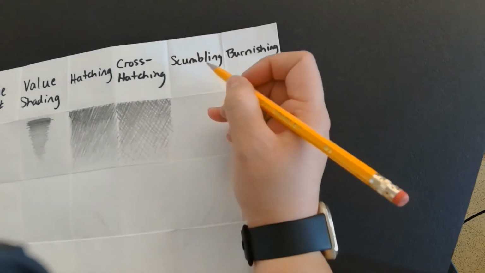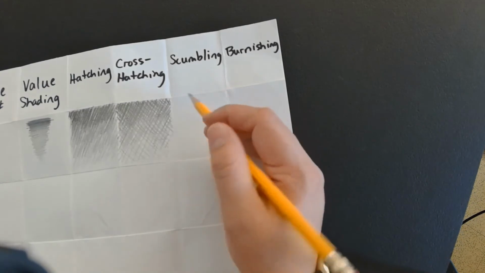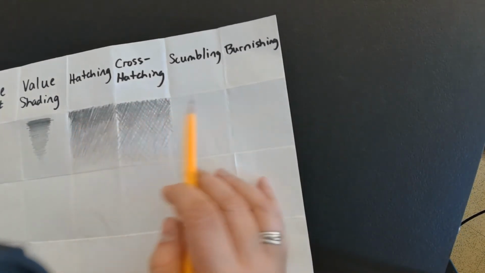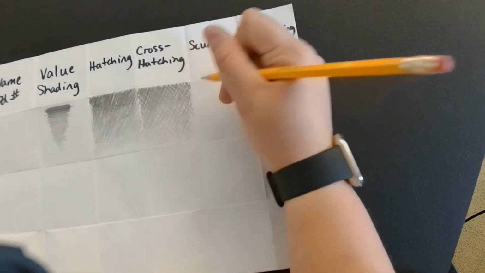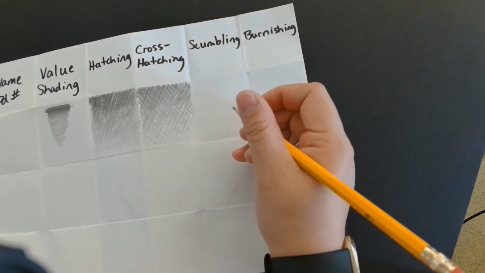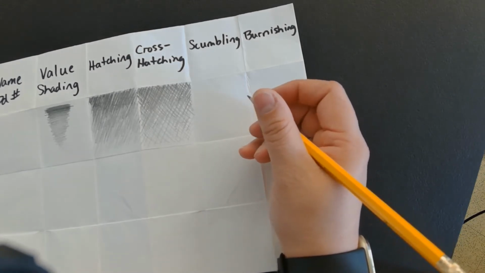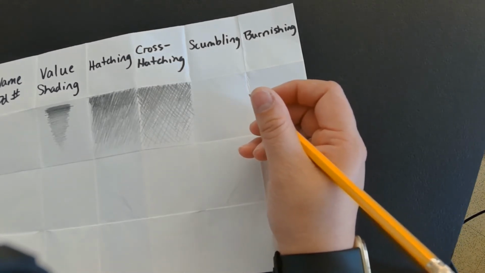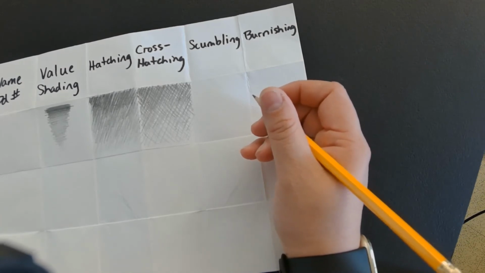Okay. Scrambling. Scrambling is like a fancy word for scribbling. You are going to be having a controlled line, and again, you're trying to show that value, dark to light. So for scrambling, it would be a good thing for texture, like if you were doing fur for a poodle or something, kind of curly fur. Scrambling would be good because it gives you that idea that there's texture but still showing